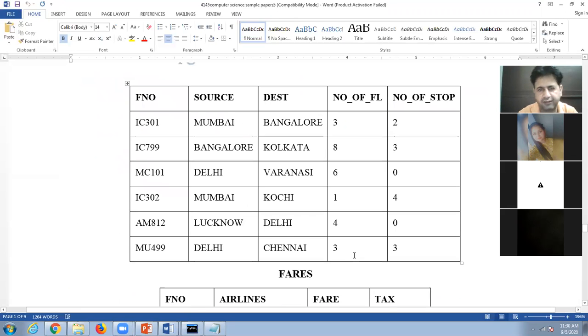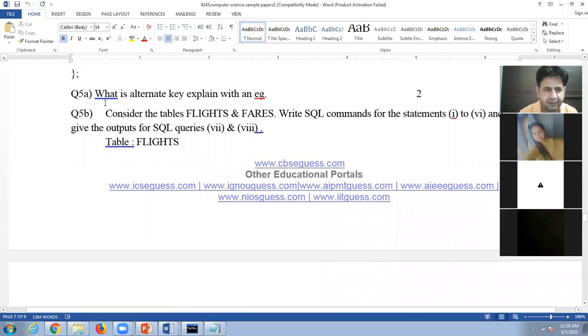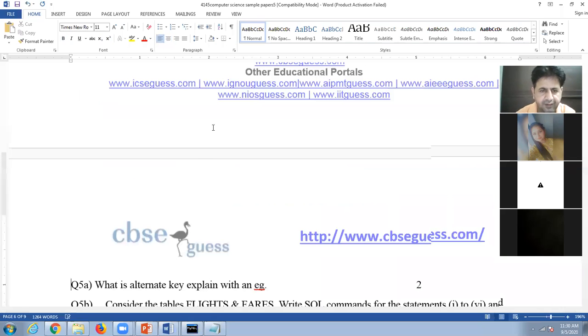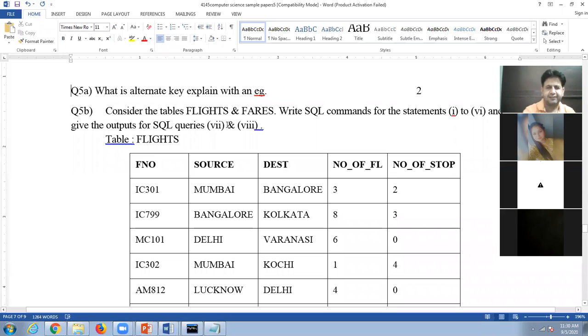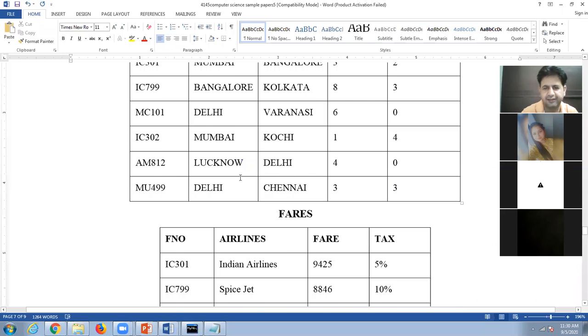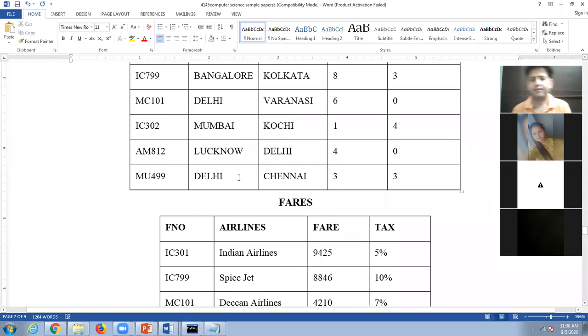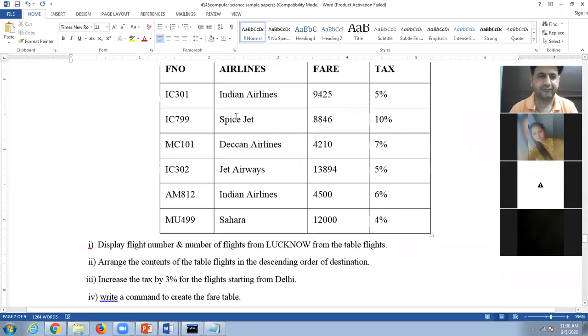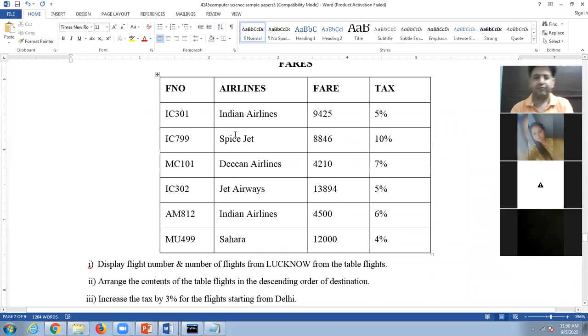Okay, students, there is one table. Table is flights and another table is fare. So look at here. First question is display flight name and number of flights from Lucknow. Display flight number and number of flights.